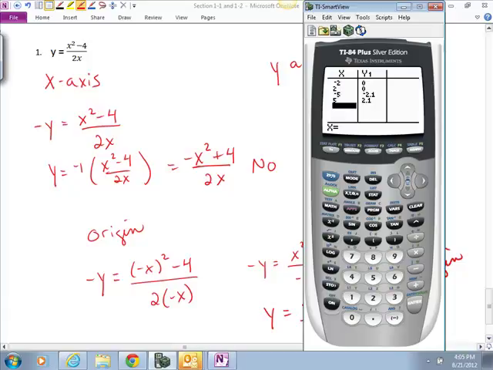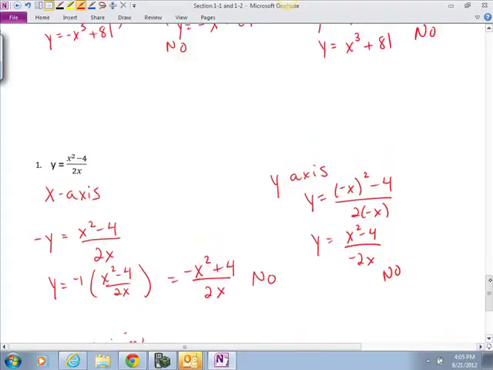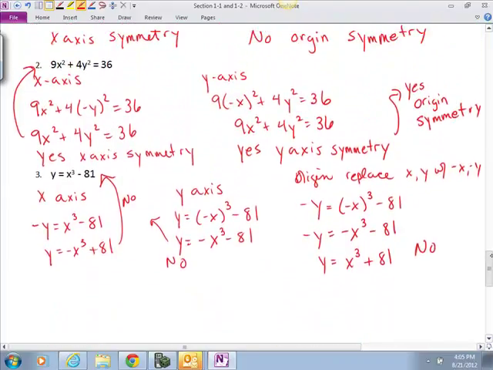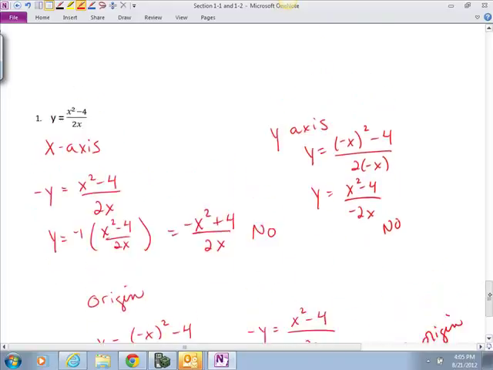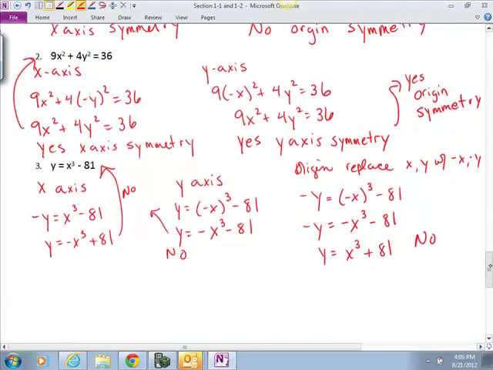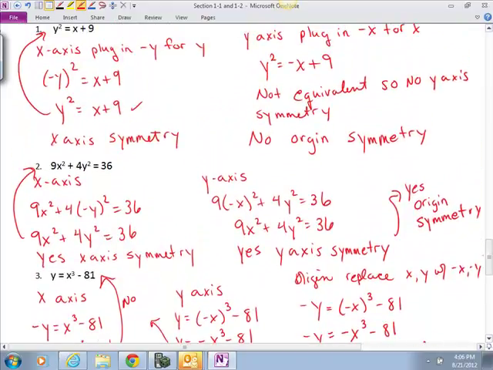So we're clarifying some things there. If you have x and y axis symmetry, then you have origin symmetry. But it's not necessarily true that if you have neither x or y axis symmetry, you won't have origin symmetry. You may still have origin symmetry. So you want to check that as you work these